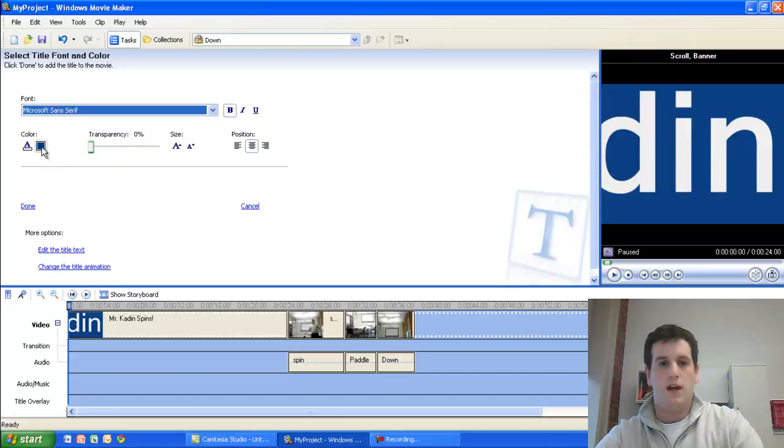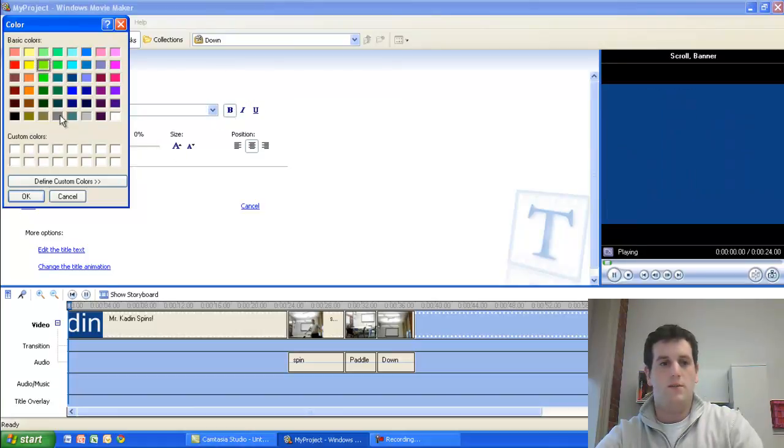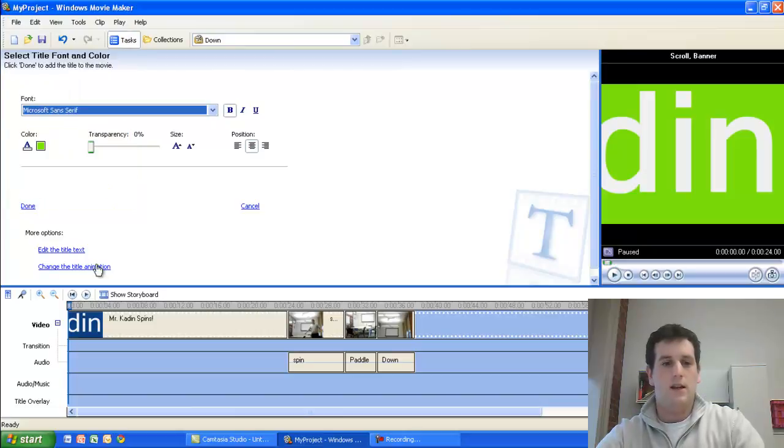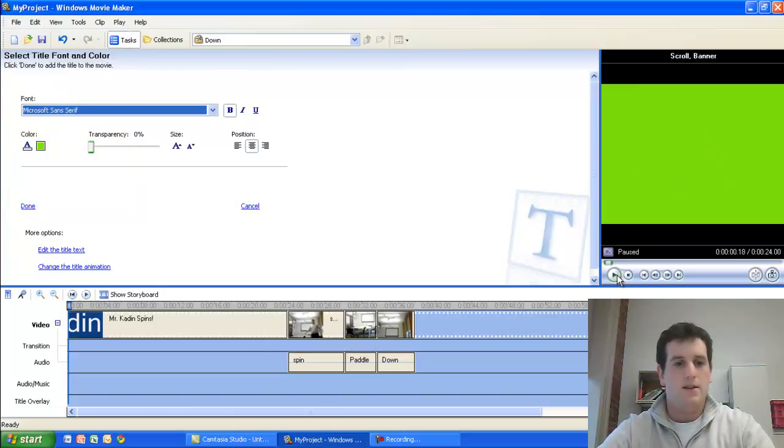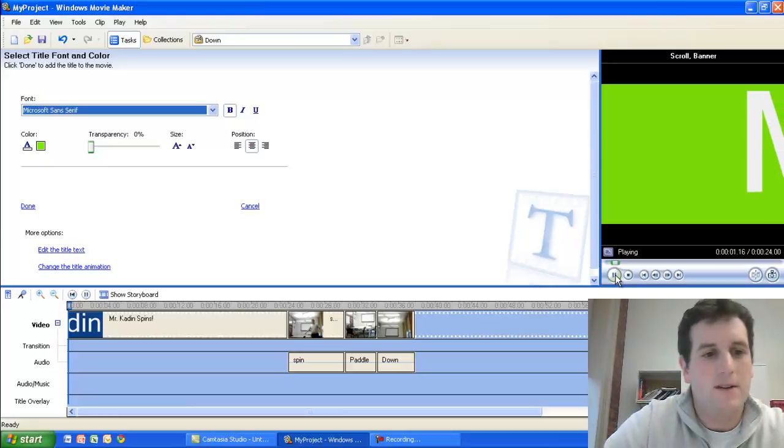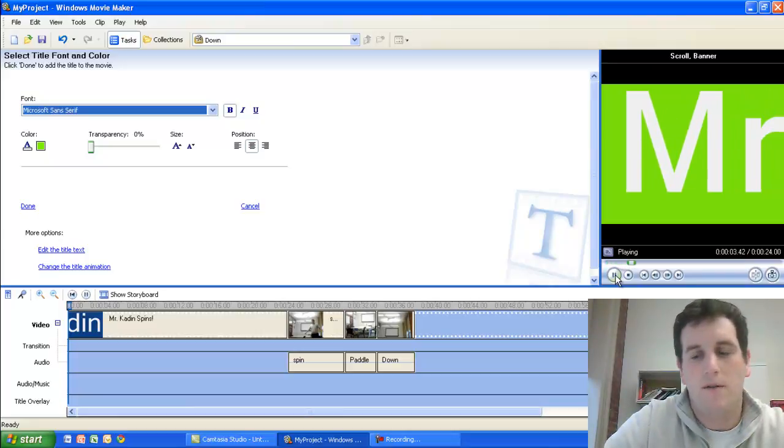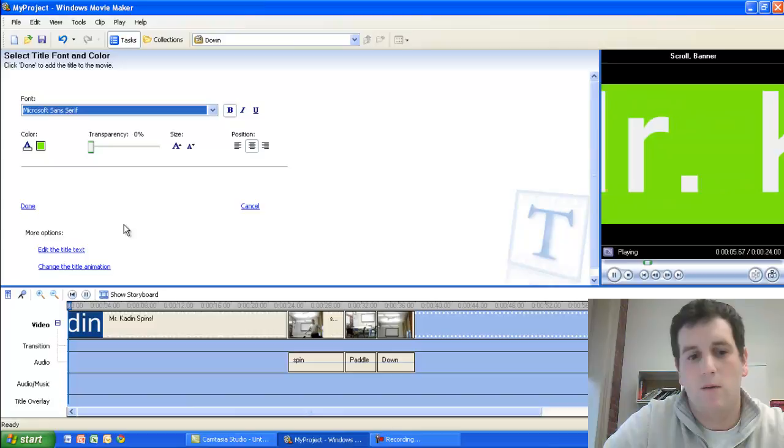It says Mr. Caden Spins. Okay, but that's kind of terrible. I don't really like it. Let's go back and edit it and make it so it's a little bit more reasonable. Maybe perhaps instead of this scrolling across thing, we just do a fade in and then it gets wiped off